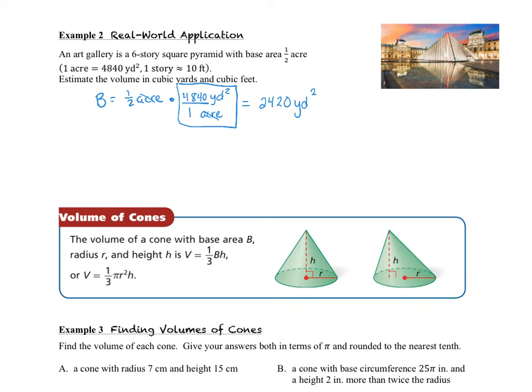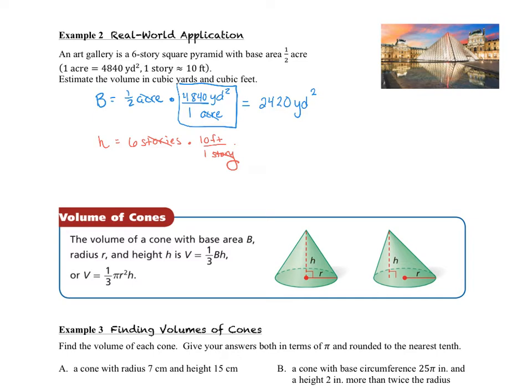Now let's look at the stories. That's the height, the 6-story building. So we have 6 stories. I guess I should write stories. Multiplied by my rule: 10 feet in 1 story. I know that I need the story to be on the bottom so that they cancel. And then if I want to convert,